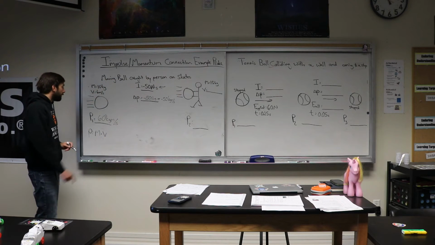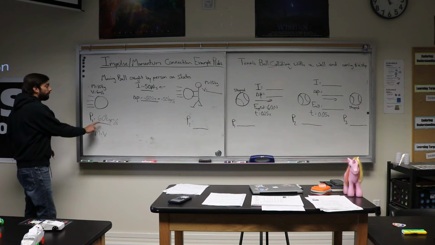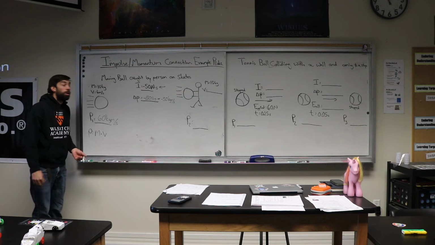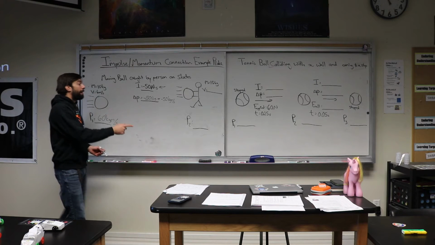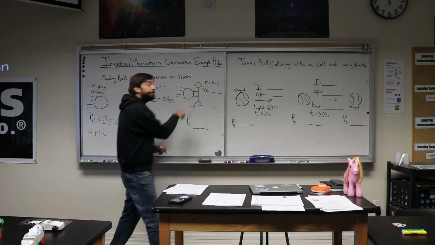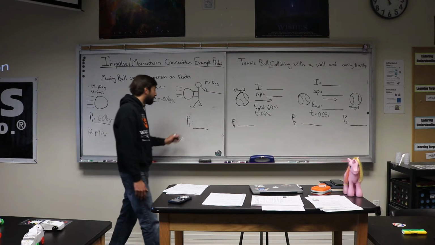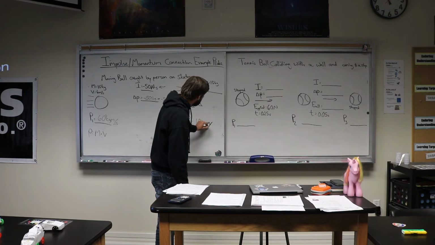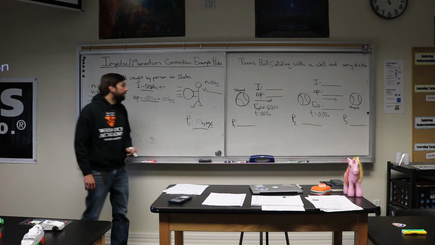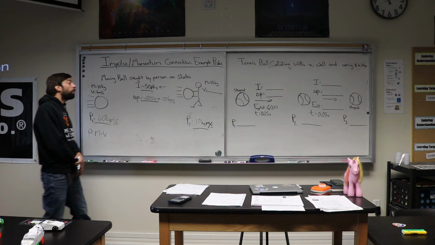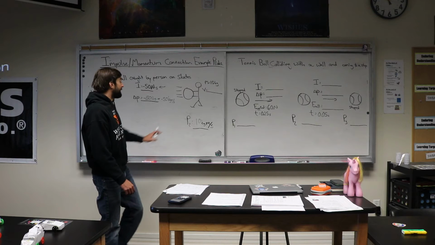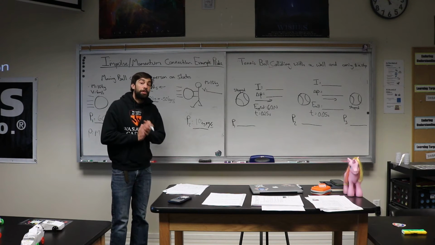So, if our momentum 1 was 60 and our change in momentum is negative 50, well, our momentum 2 is going to be 50 less, right? And so we're going to have 10 kilogram meters per second. And so if our total momentum after they catch the ball is 10 kilogram meters per second,